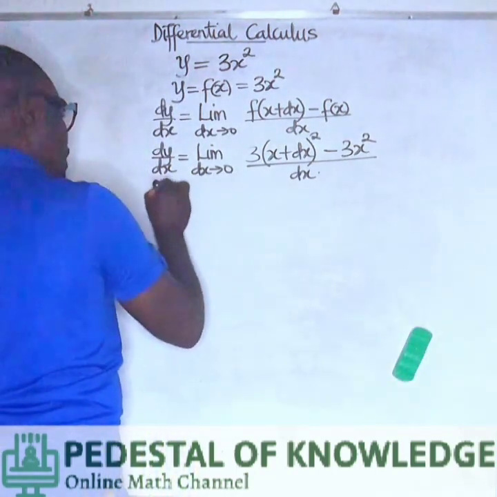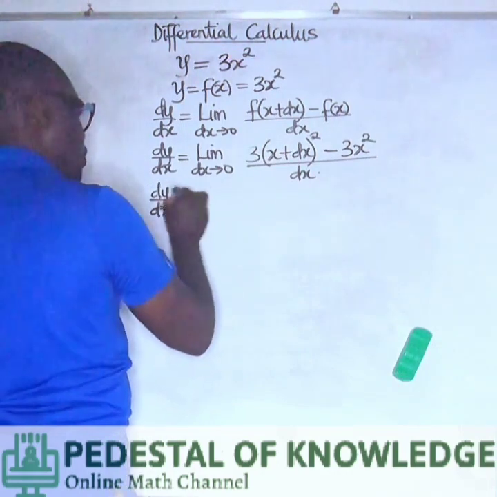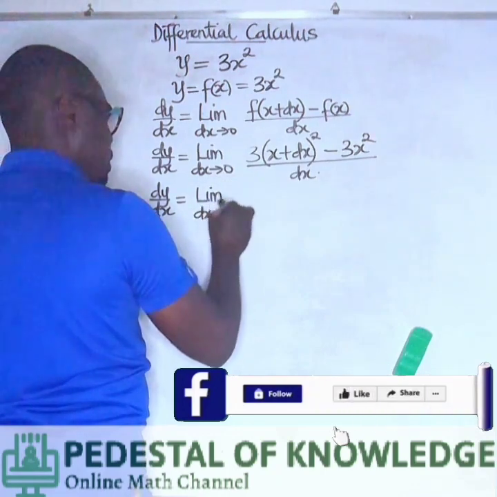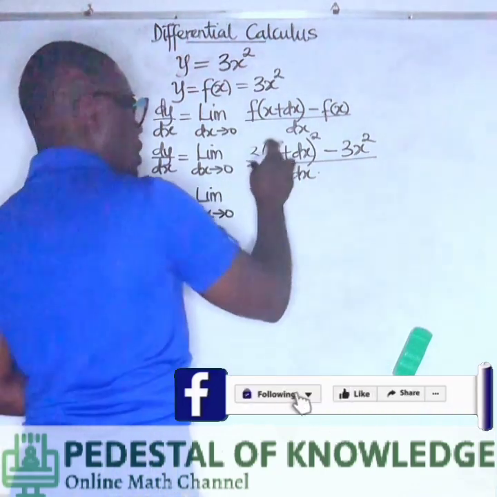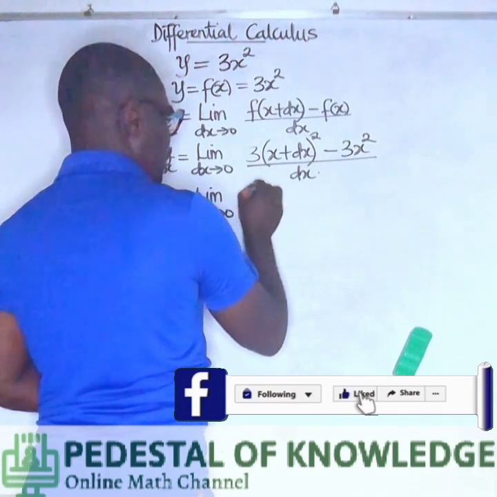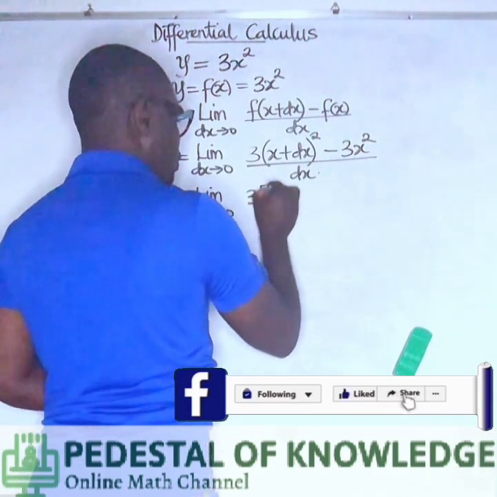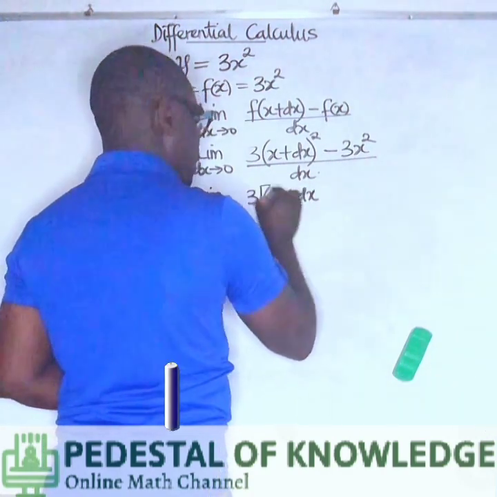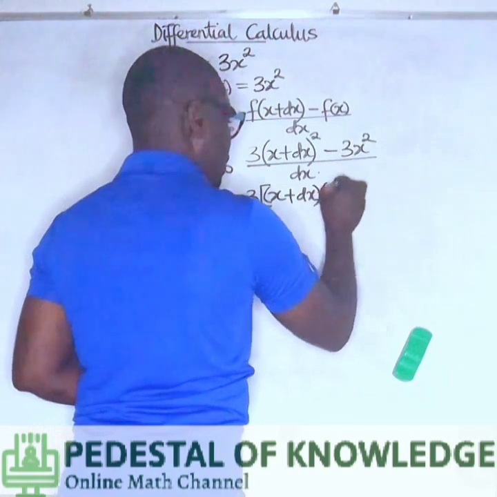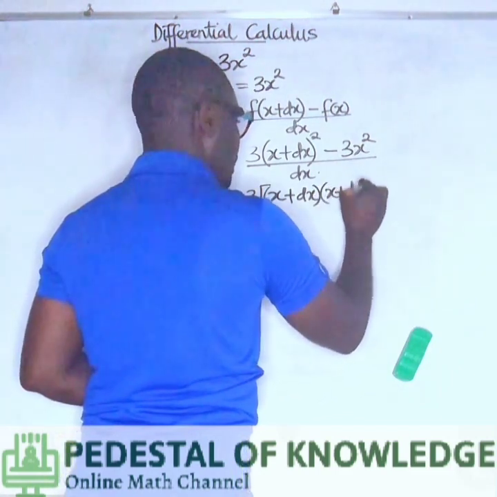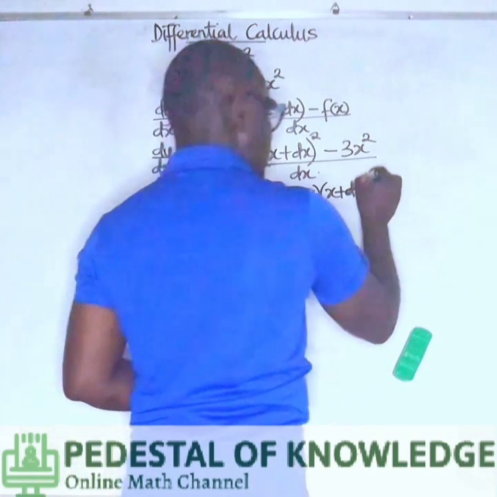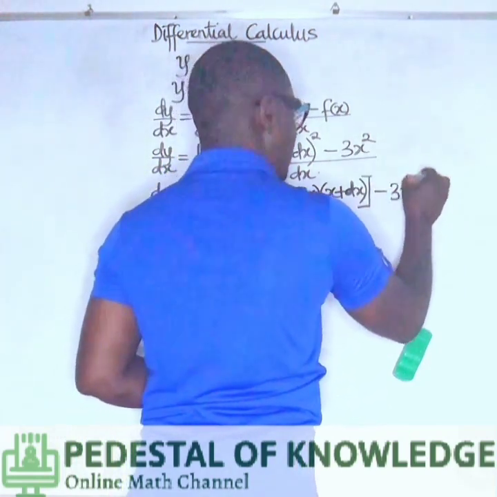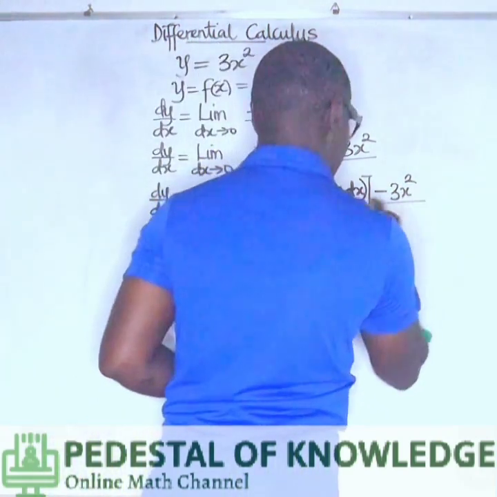Okay, so dy/dx is equal to the limiting value as dx approaches 0 of, we're going to expand this bracket first. So we're going to have 3 into (x plus dx) multiplied by (x plus dx). Then we close the bracket. Then minus 3x squared divided by